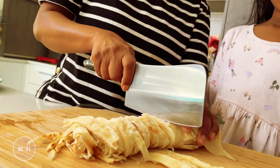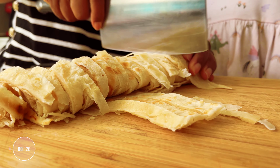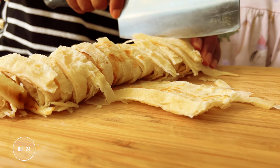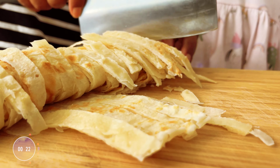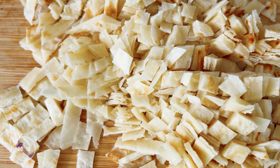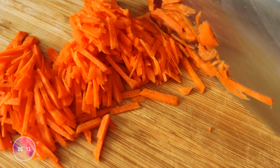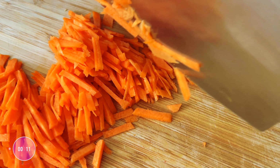Let's get cooking. Follow closely as this dish is all about method and sequence. Let's first chop up the roti, and as for method, roll it up, cut strips and then small chunks. As we get into a sequence of finely chopped up veggies, one of my fondest memories of enjoying kottu in